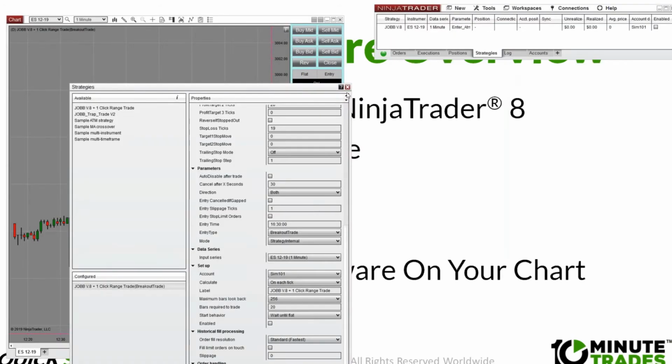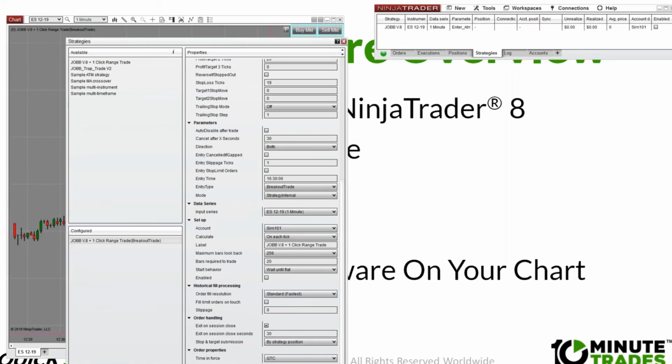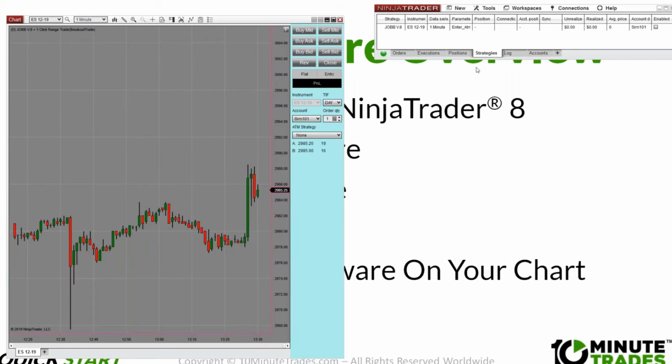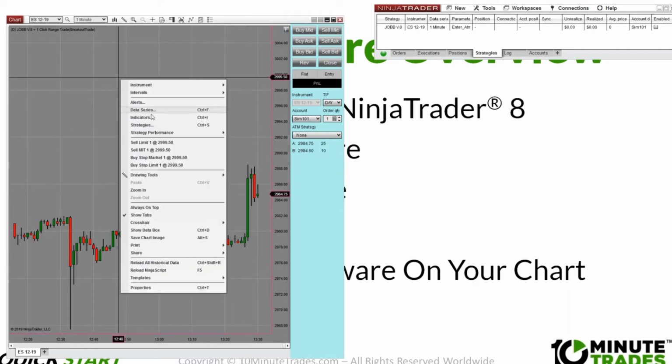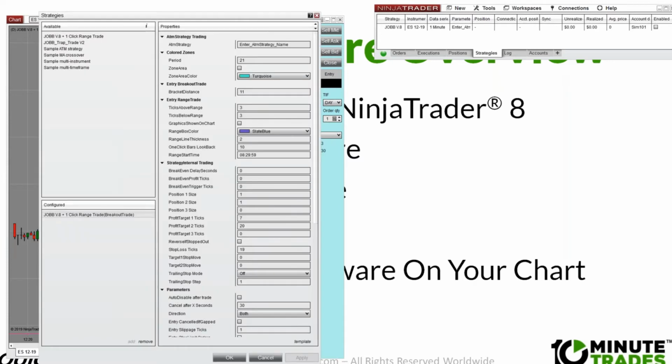Now, I did say that we have different types of setups. We do have different setups. We have something called a range trade, where you could trade, let's say you like to trade time. If you like to trade time, meaning if you like to trade the open from 9:30 in the morning, so you have a range start time at 9:30 in the morning, so you would type in the start time, 9:30,